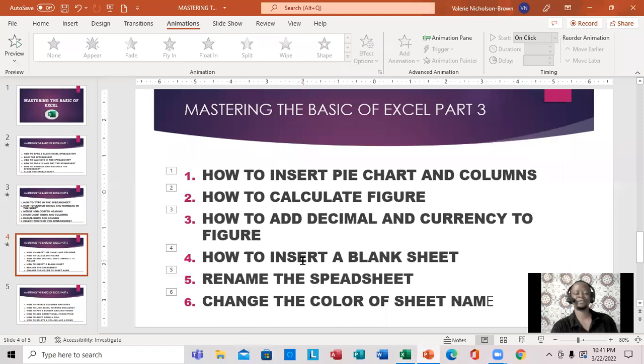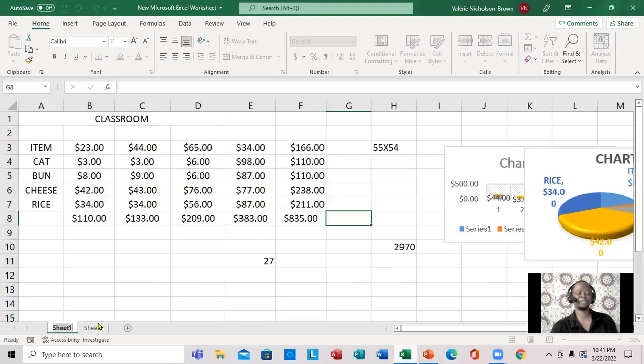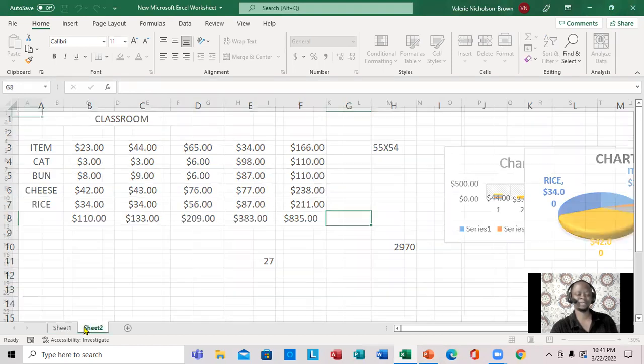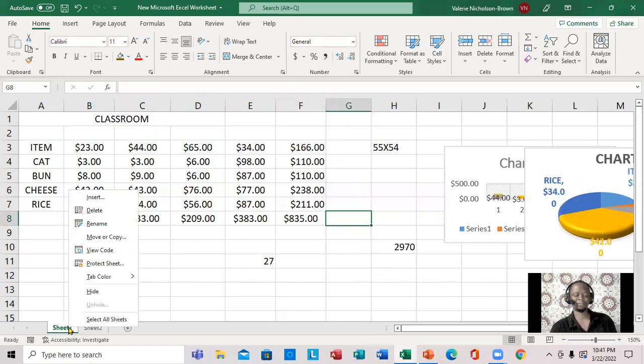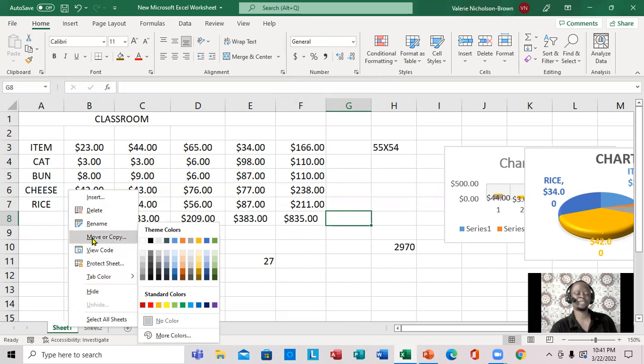Alright, so what is right here? So we're going to actually rename the sheet now. In order for me to rename the sheet, I'm going to put the cursor on it. Right here, I'm going to right click. Well, let me click right here. Upon this, I'm going to right click. Notice when I right click, there's insert, delete, rename, move or copy, view code, protect sheet, tab color, all of that. So I'm going to click on